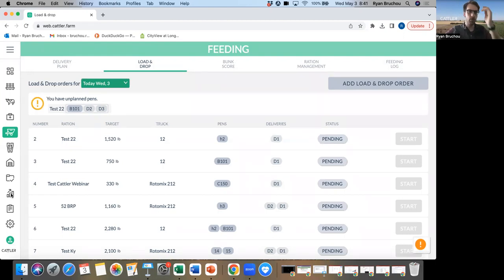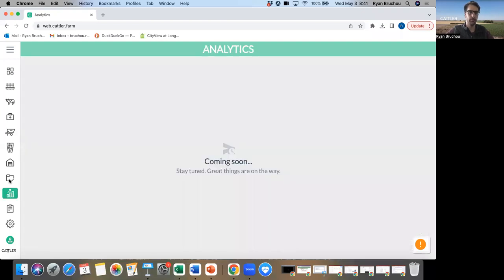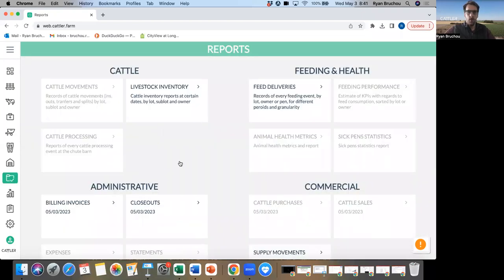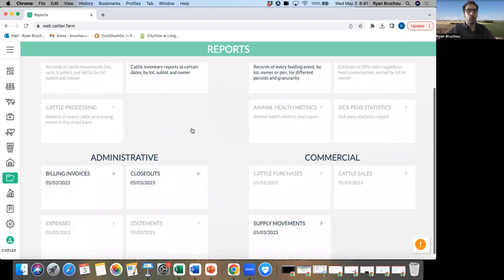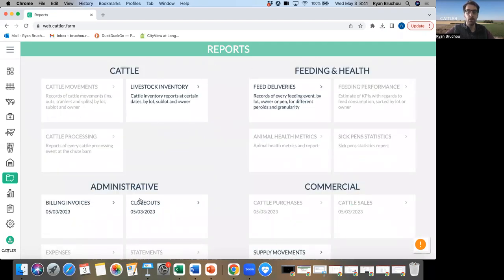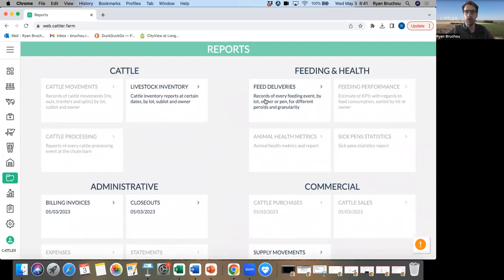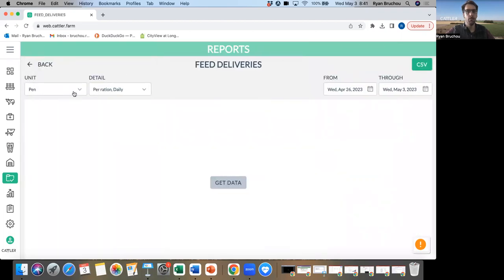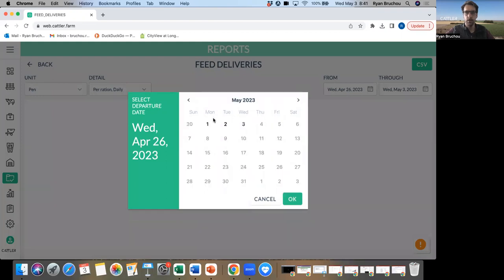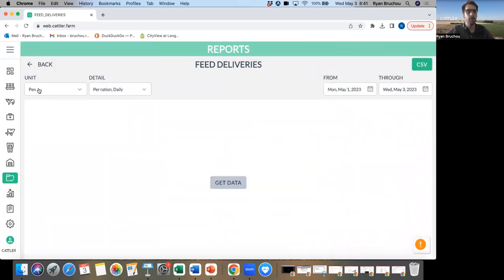When it comes to the report section, first and foremost, we changed the layout that we had before. We added a new layout. But when it comes to feed deliveries, before, what you had was, I'm going to change the dates on here, just make it easier. There you go. Before you were only able to find the feed deliveries per pen per rations daily. So if you were to select here, get data, in a couple of seconds, you would have all